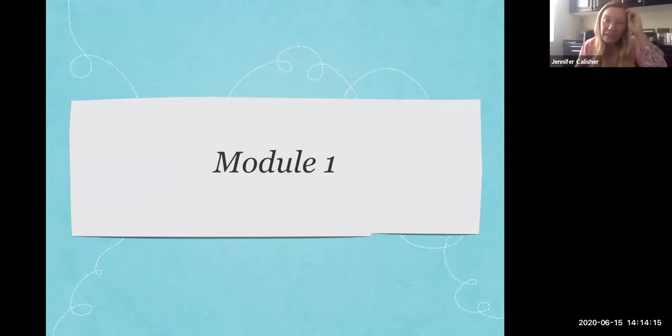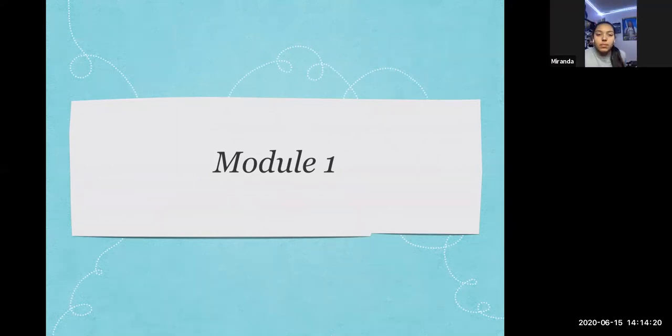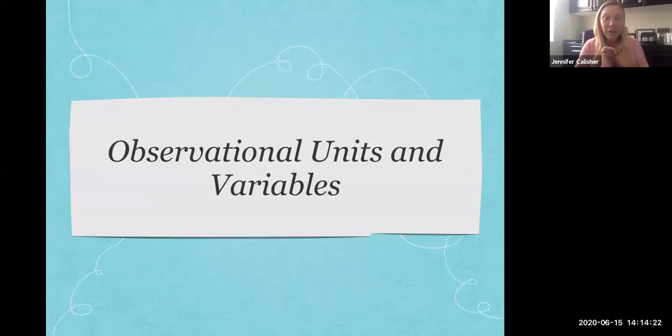Okay, so can we all see the PowerPoint? It says module 1? Yeah. Okay, awesome. The first thing we're going to look at is what an observational unit and a variable are. An observational unit is what it is that you are observing. Are you observing people? Are you observing a plant? So again, it's what item or object you're observing. And your variable, a lot of times in math, we're used to our variables being letters, right? But here, our variable refers to those things that are varying.